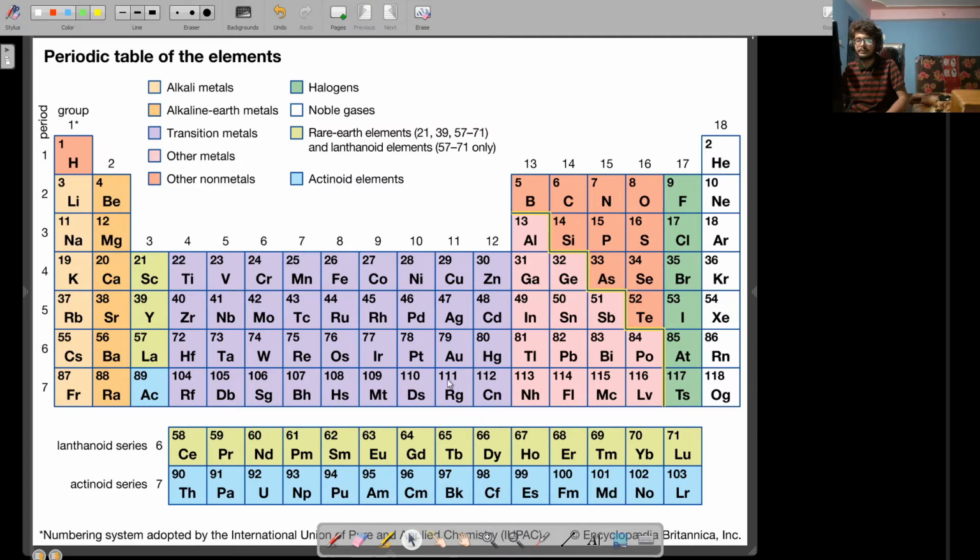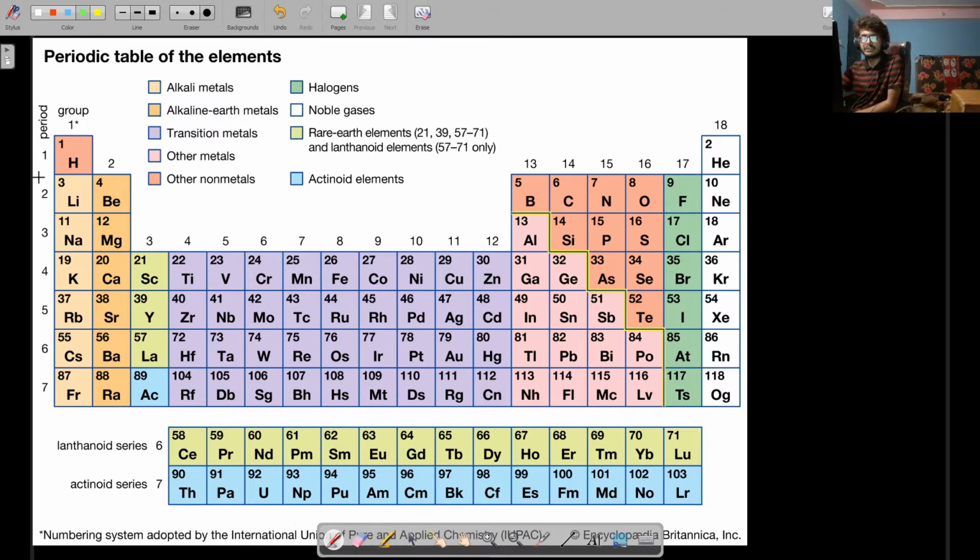Okay, so the topic for today is we'll continue with the understanding of valency, and how we can apply that to all the elements of the periodic table. So, can you see the screen? Okay, so this is the periodic table, and this is the most modern and the most advanced form of periodic table that we have ever produced.